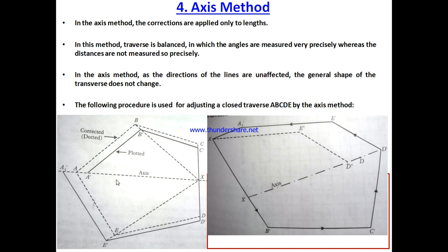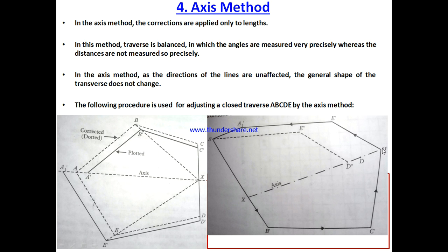So earlier in this particular case we were getting the error A1' A' and we were getting the midpoint as A, which is exactly the midpoint of the error and which is dividing the traverse into 2 equal halves. But since here the error is again A1' A', but it is not dividing the traverse into equal halves, so what did we do?